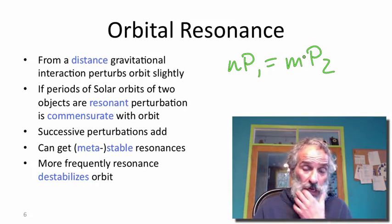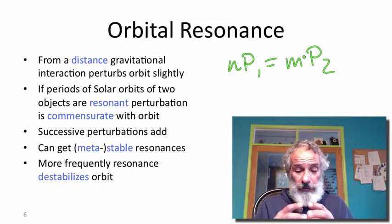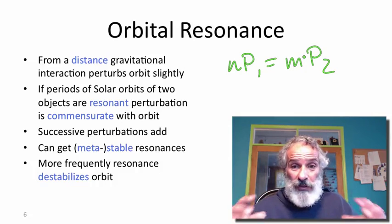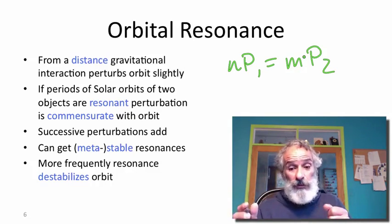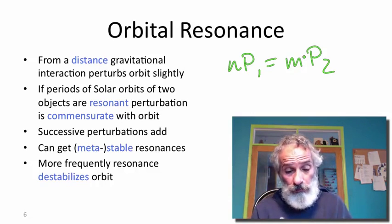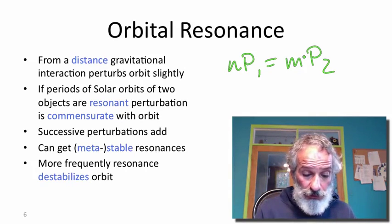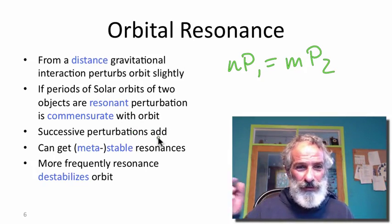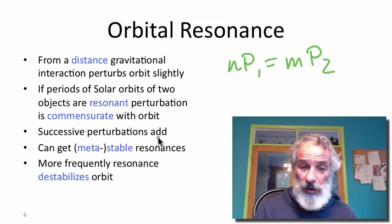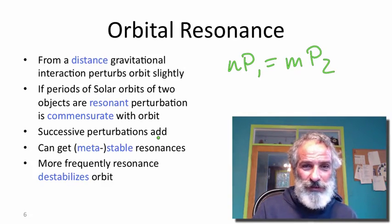If N is not too large, then we get this resonant perturbation, and the net result is that the orbit will be elongated in a particular direction. And notice that as it's elongated in that direction, the distance of closest approach only gets closer, and so this again is a nonlinear process that can continue, and so successive perturbations add. Now there are 2 things that can happen, and the details of that dynamic are beyond the kind of math that we're going to do. One possibility is you get metastable resonances, not quite stable orbits that can go on forever,